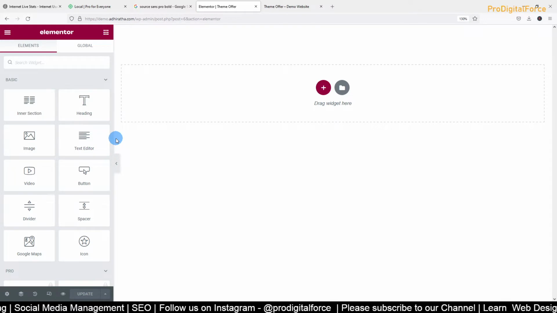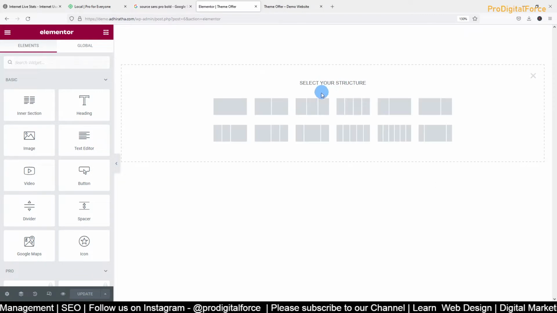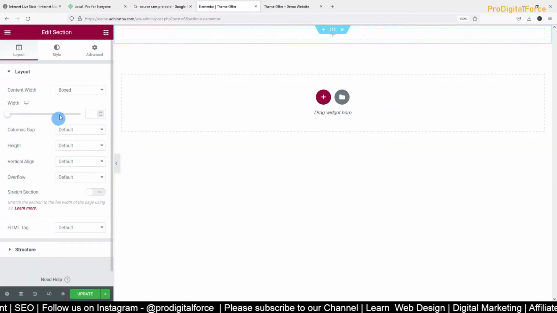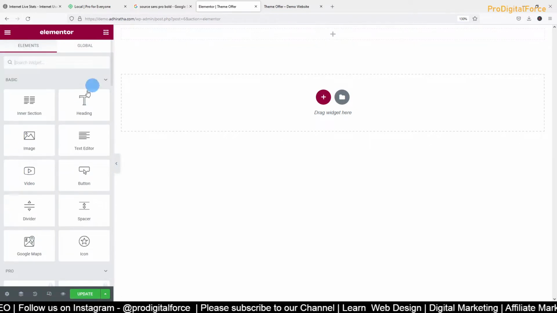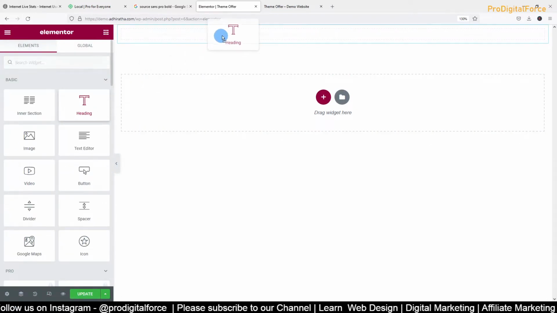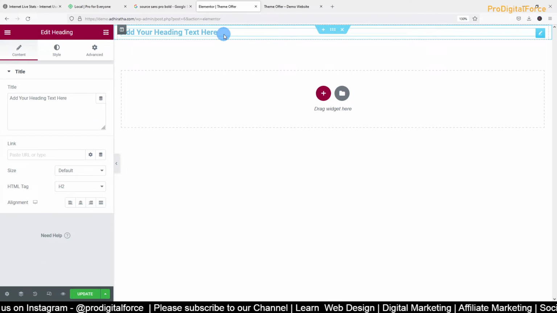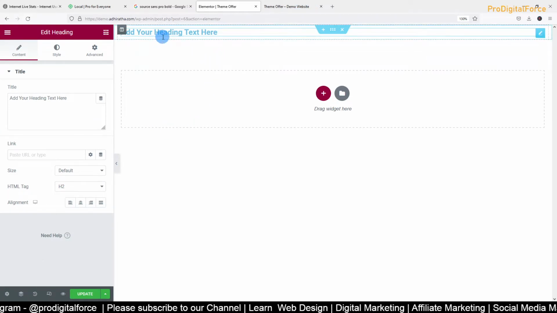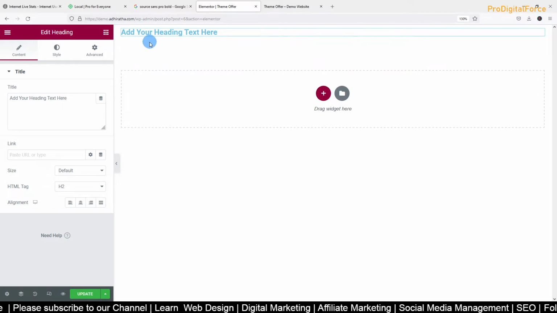So we are in the Elementor page editor, where you can see all the elements. Let me first add a title. Go to elements. I'm dragging and dropping the heading section here. But before that, last time I explained, right? I want to have a background not for this text block, but for the complete section here.